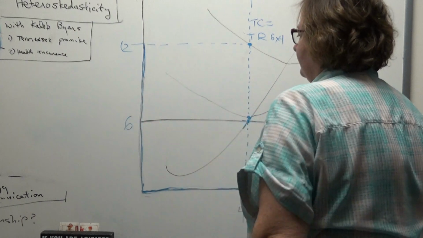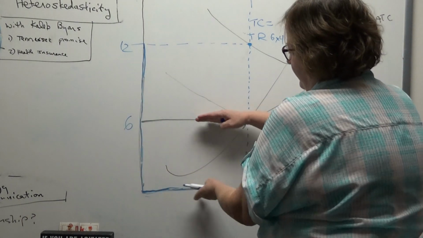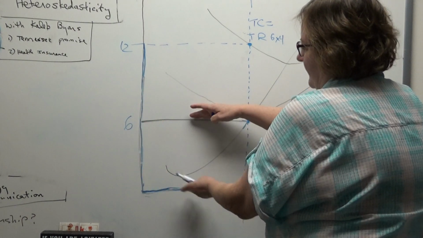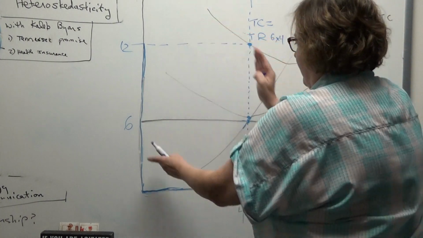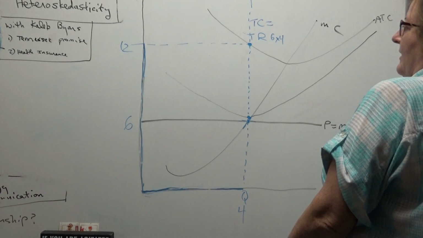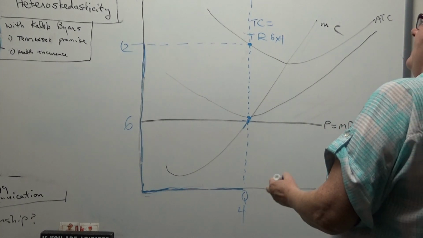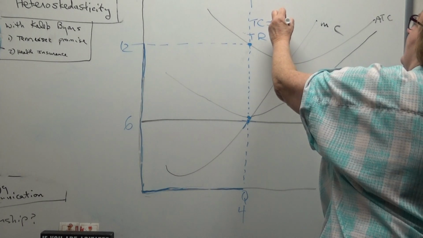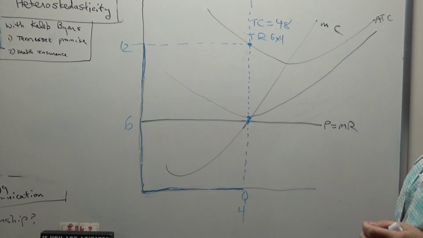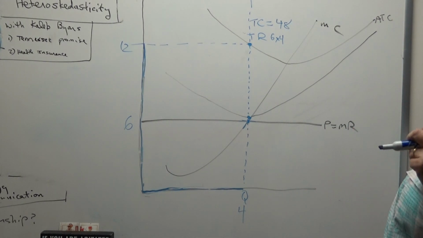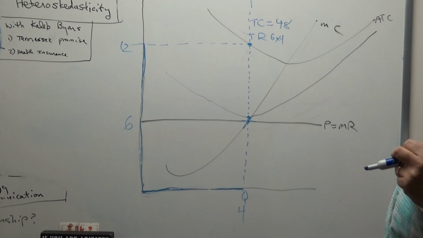Total revenue was this big, because it was 6 times 4. Total cost is this tall, it's 12 times 4. So 12 times 4 is what, 48? Okay, so basically we had total